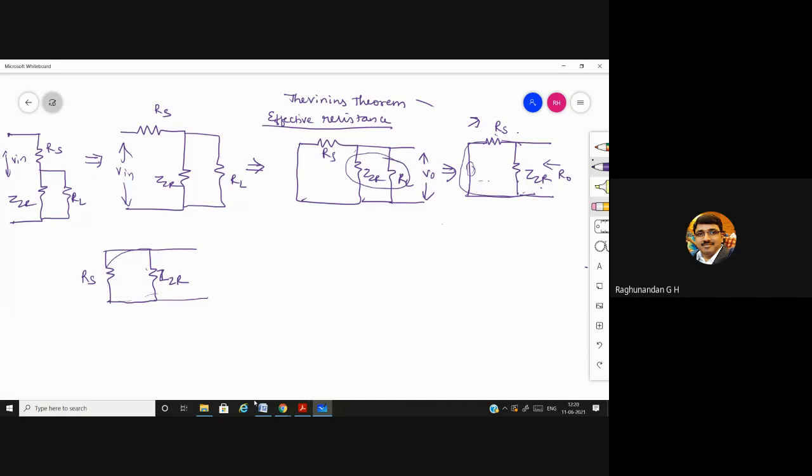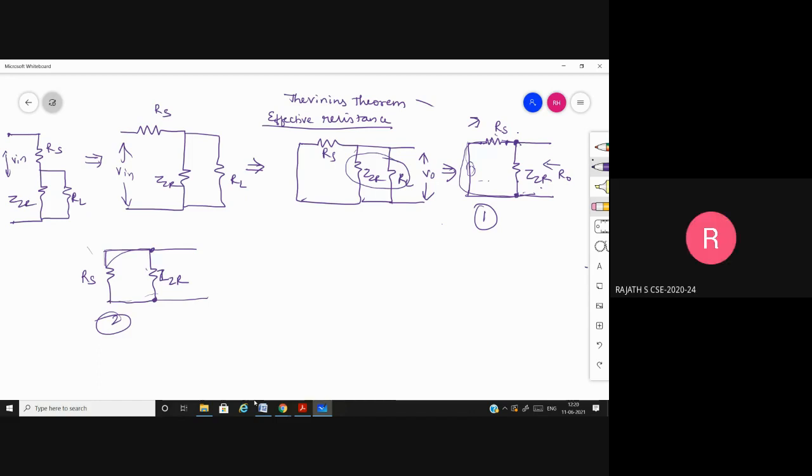I'm just asking about this and this. Instead of having this one, I have just shifted it here. But the connection is the same, no? This is connected here only, to this node only. So this is also connected to this node only. This terminal is connected to this node only. This is connected to this node only.